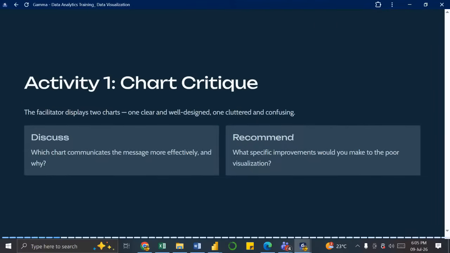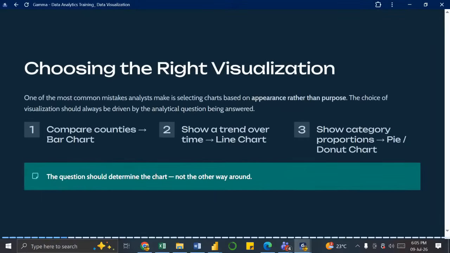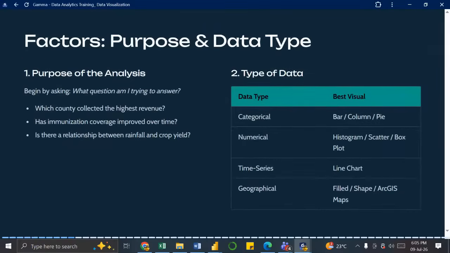I don't know if I can get a chart, but maybe as we proceed, we're going to look at that activity. So when it comes to choosing the right visualization, what are you supposed to look at? First thing first, of course,